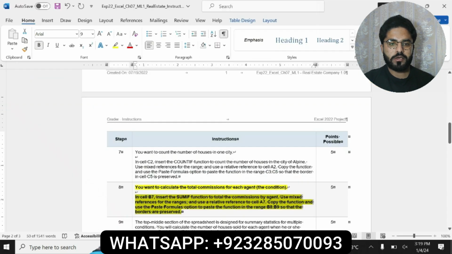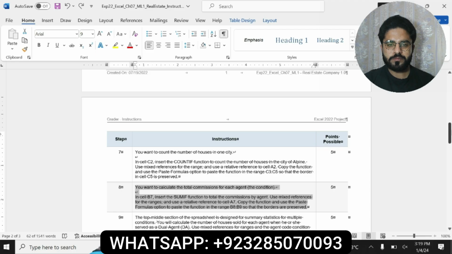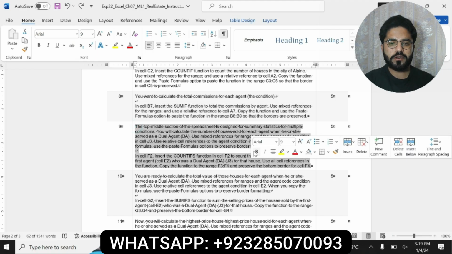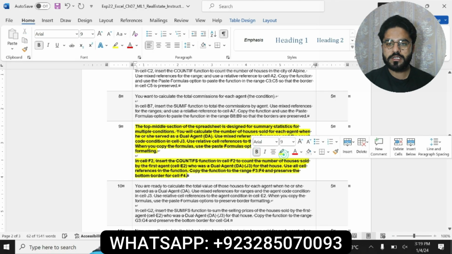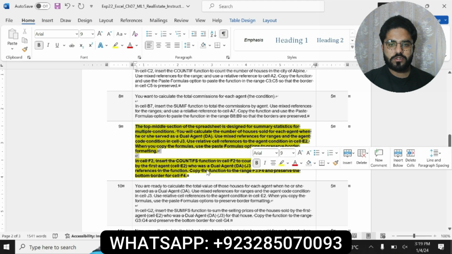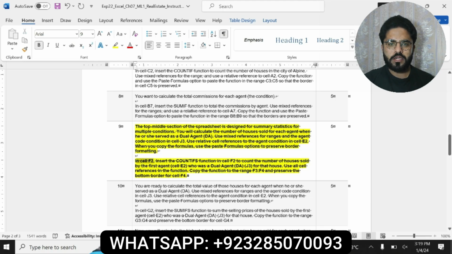The formulas are completed now. We have now completed 8 questions of this assessment. Now we will move to the next question, question number 9. Question number 9 is